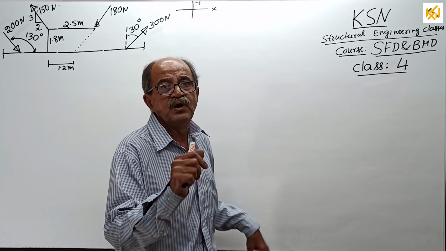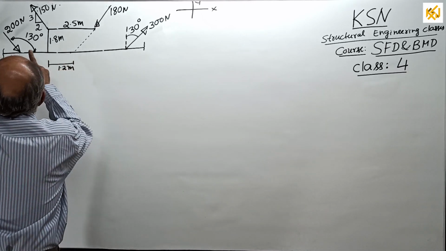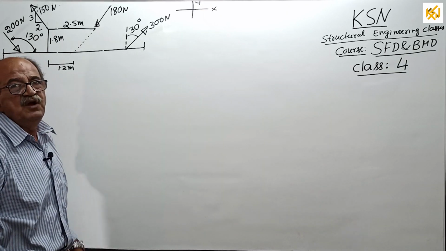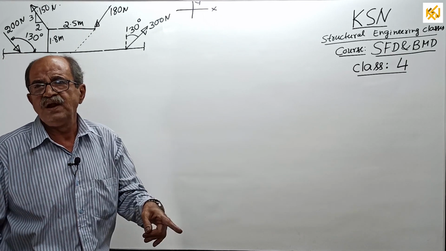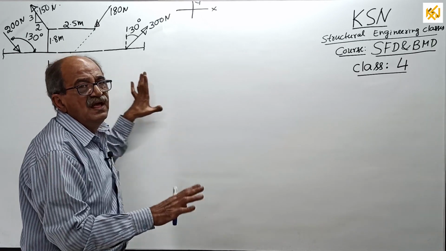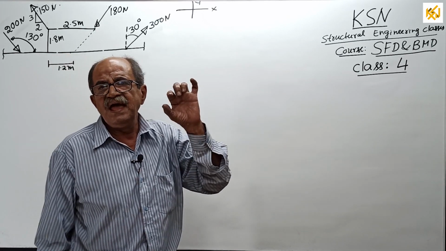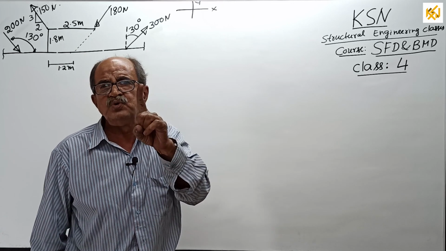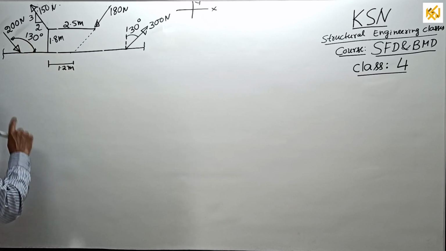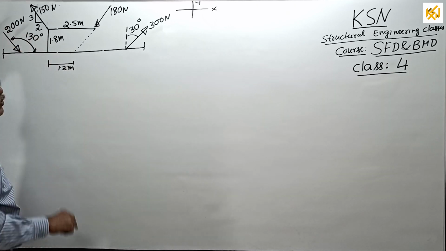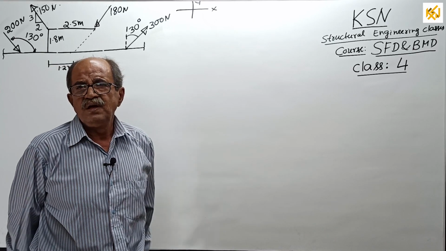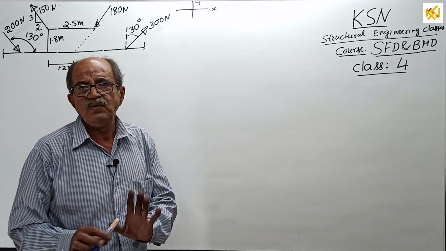But one more thing is there. See, you can see 130 degrees. This angle you should not take. I will tell you the reason for that after this example is completely over. In between I can't tell. Once the example is over, I will take a small example of one force only where the angle given is more than 90 degrees. I will tell you, if you take this angle, what chance of mistake is there. Therefore, after the example is over, I will go for that one.